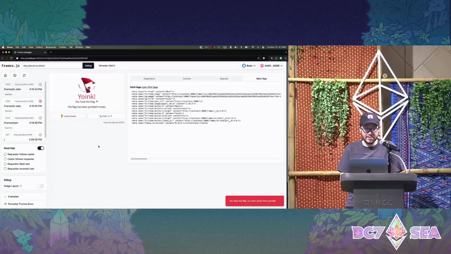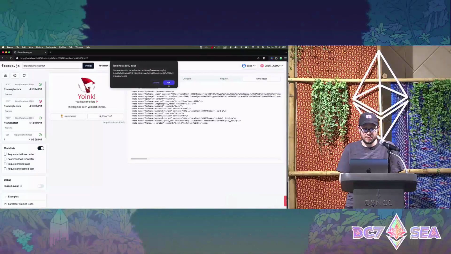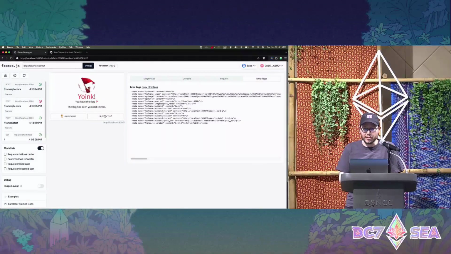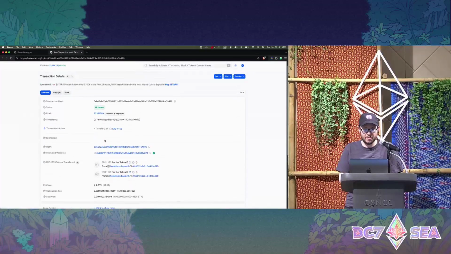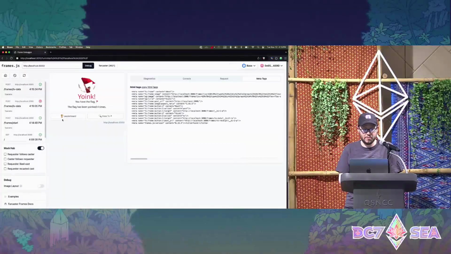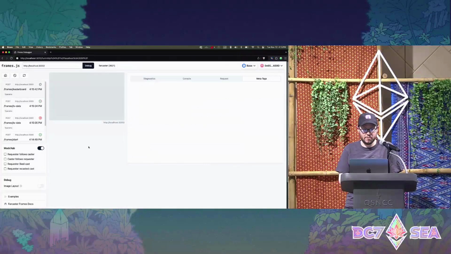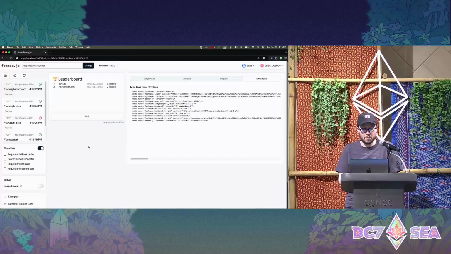I've yoinked the flag. I can click an external link here to go view that transaction on base scan. And then we've got a simple leaderboard here that shows who has yoinked the flag, their addresses, and how many times.